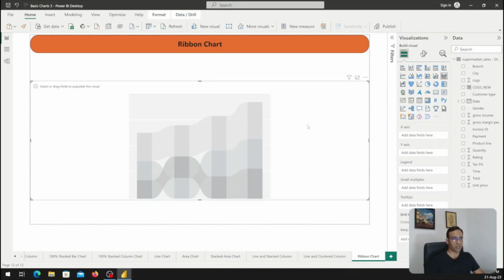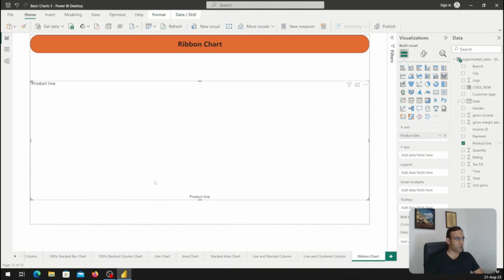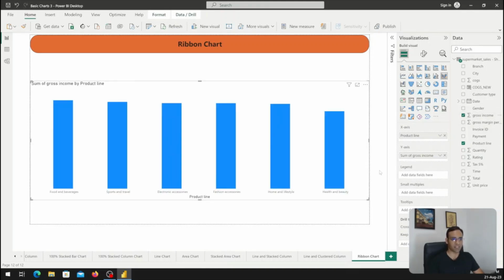So this is the ribbon chart. It is a combo chart. On the x-axis, I will provide any category value, not a numerical value. So I will provide the product line. As I know, we have six product lines. On the y-axis, I will provide the gross income, and here we can see